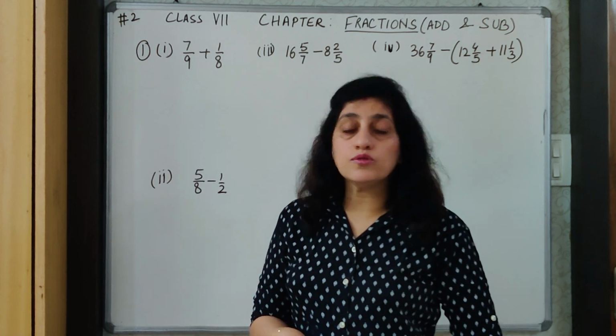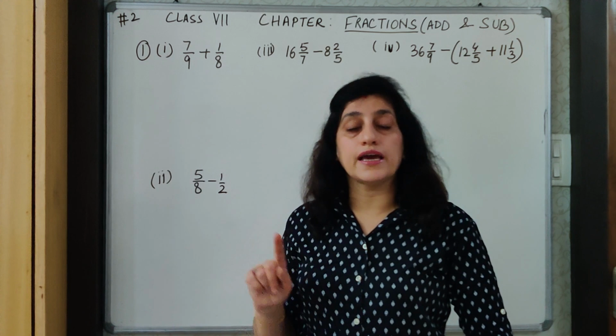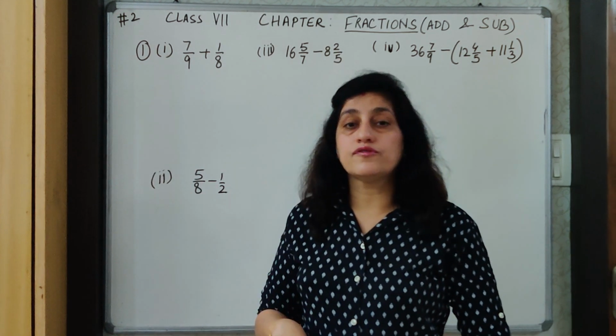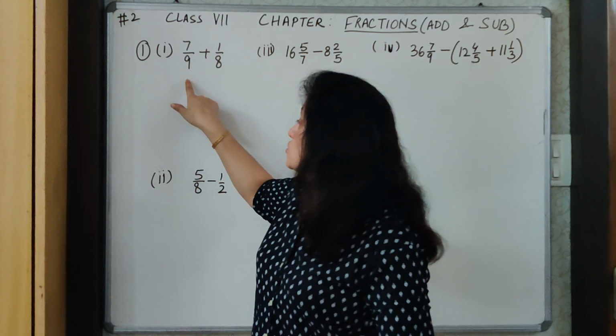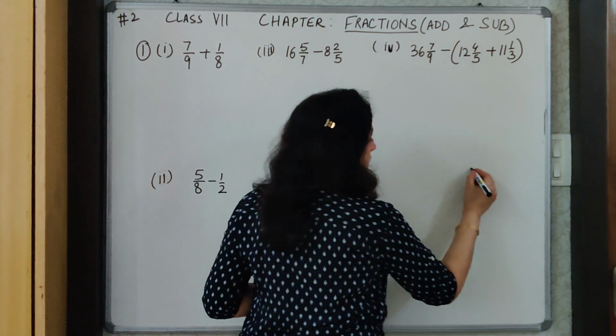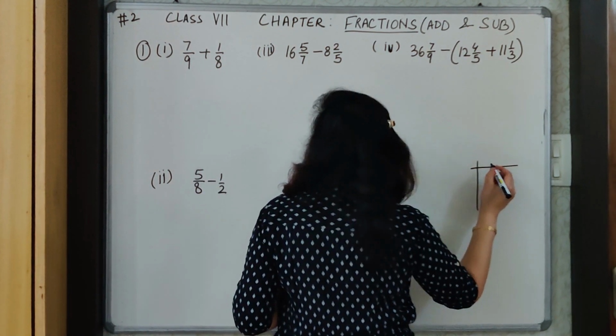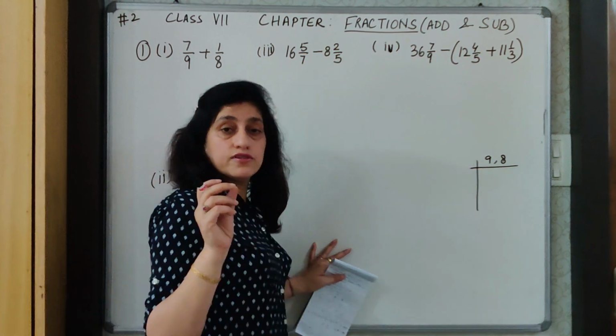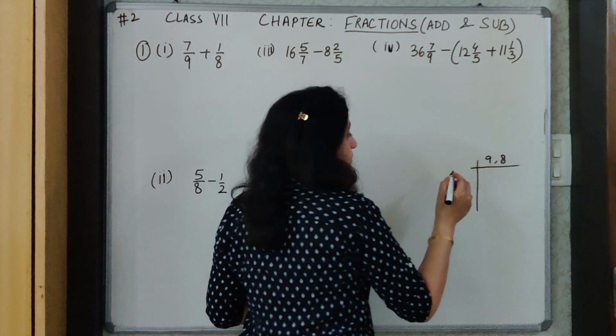To add the fractions, they have to be converted to like fractions, which you have already learned. And to convert them to like fractions, we need to know the LCM of this particular fraction. You all know how to find the LCM. Still, I'll be solving this for you. Let's have a look here how to find the LCM. I have two numbers, say 9 and 8 in this question. We begin with the prime numbers. So we see here